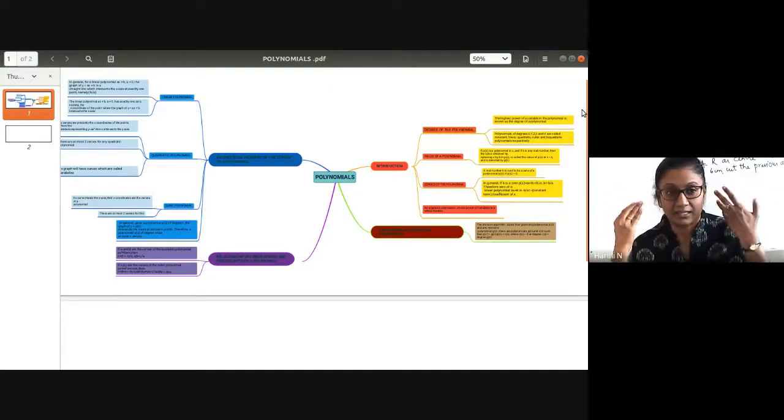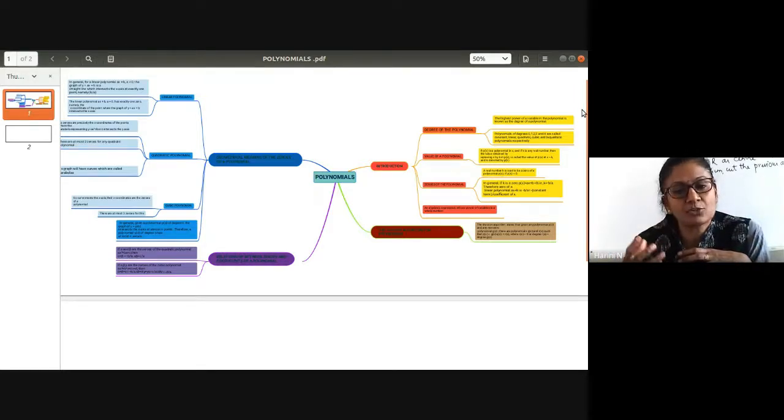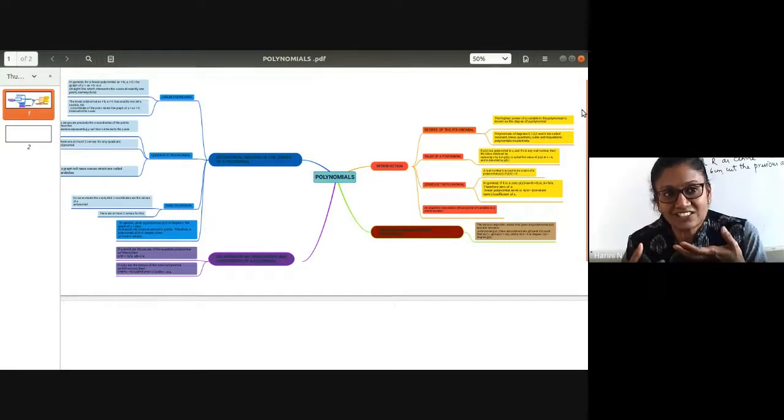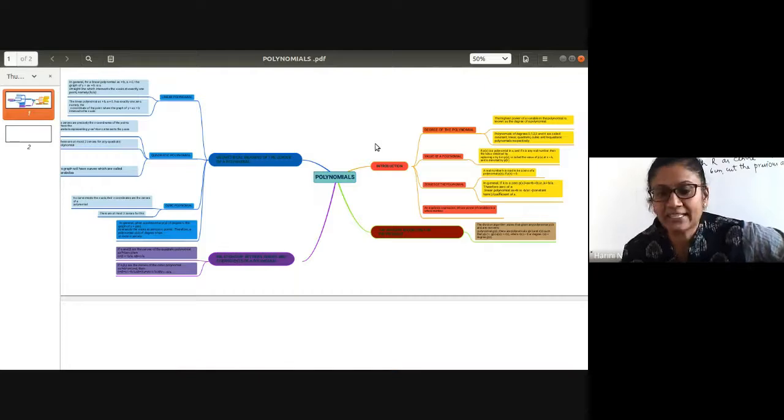Once the chapter is going to begin, it was always told to them that you have to go through the chapter and prepare the concept map. It gives you a rough idea of what is in store for you in the chapter. You also may start trying something like this. Maybe I can share this entire concept map in the classroom, or you can take a screenshot of this and replicate this in your classwork. This should be there in your classwork.